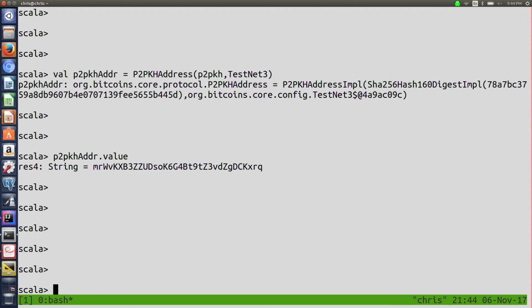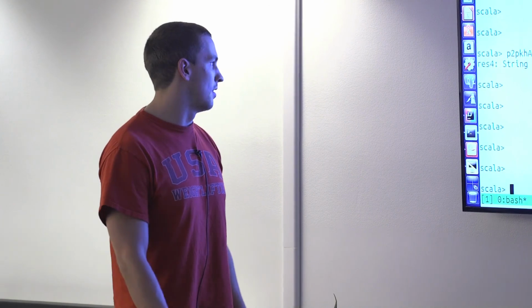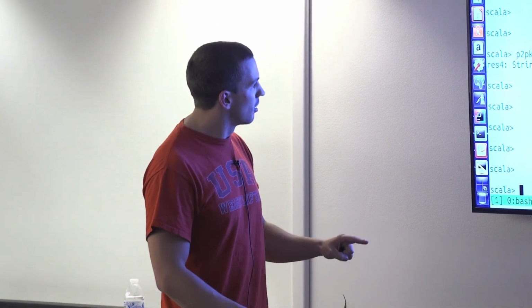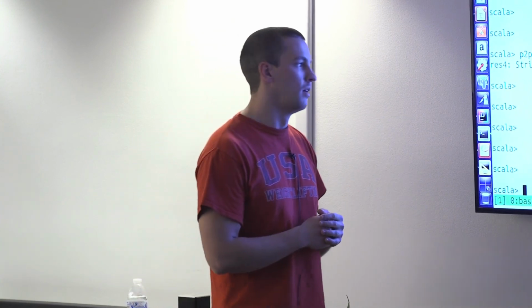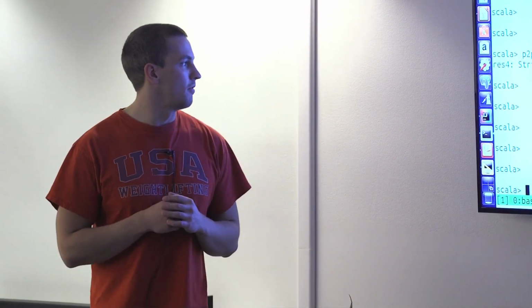Now, again, I was talking about how these Bitcoin address types have problems. Namely, there are kind of weird characters in them. There's mixed case. So if I'm talking to you and trying to relay the address you need to pay me at, I need to say it's lowercase m, lowercase r, capital W, lowercase v, blah, blah, blah. It's super easy to mix one of these up. So one of the features these new address types have is that they're all the same case.